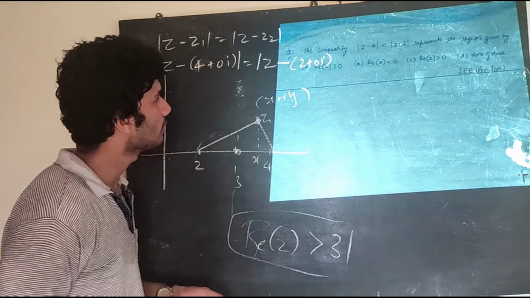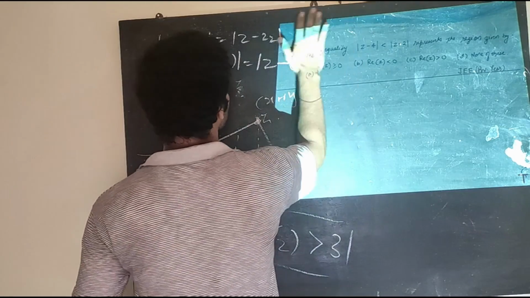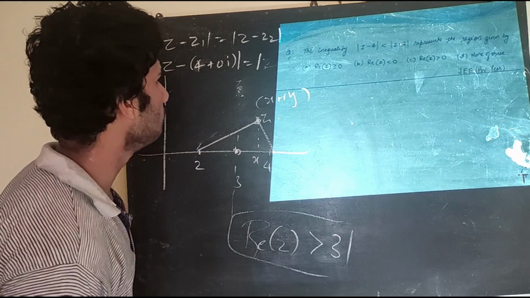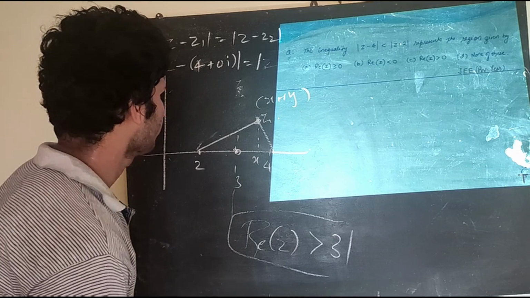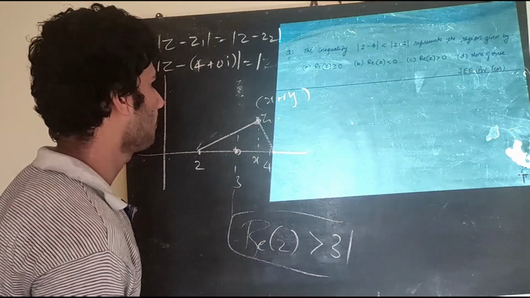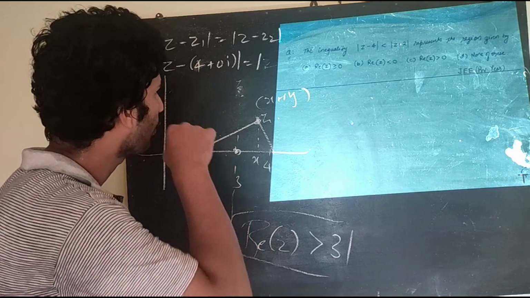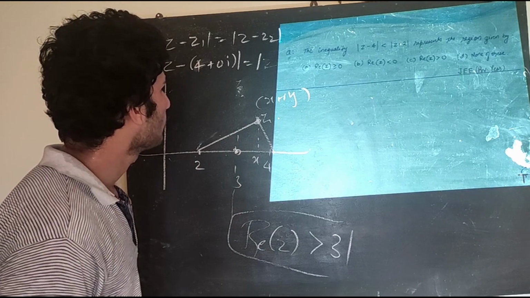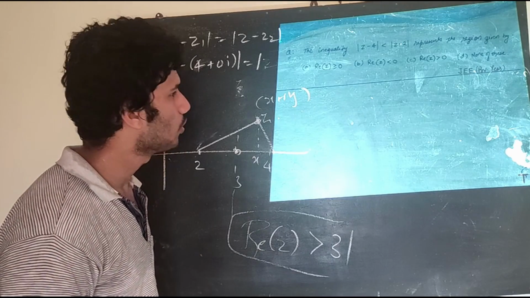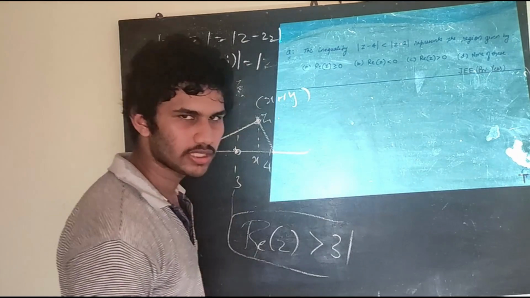This is your answer. You have your options. Real part is greater than or equal to 0 can be the answer? Real part less than, no. Real part is again greater than or equal to 0. None of this. No, it cannot be equal to 0. It can be greater than 0. So, I think the best option is none of this only.